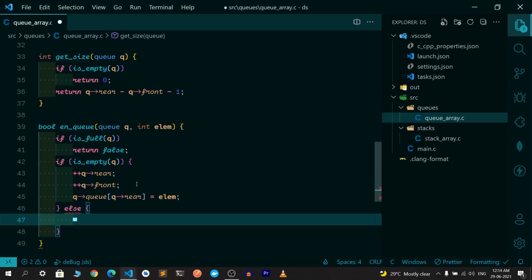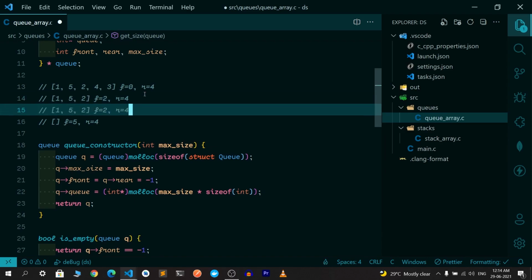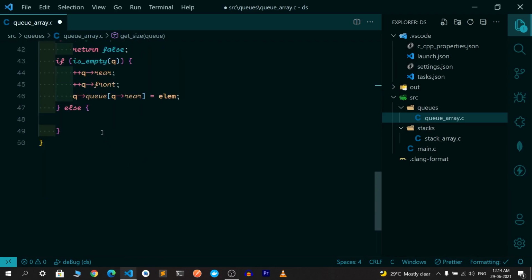If the queue is not empty, assume that there are 3 elements in the queue. For example, I want to insert another element into the queue. Then I'm just incrementing the value of the rear over here, right? And it gets to 5, right? And here we have, for example, a new element called 6 or something. So we're incrementing rear over there. So we'll just do these things,